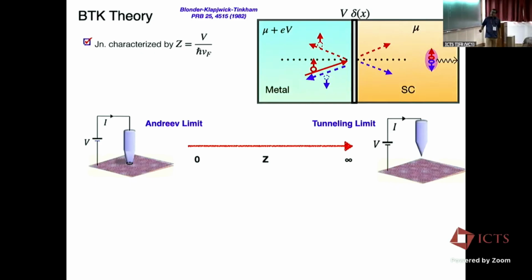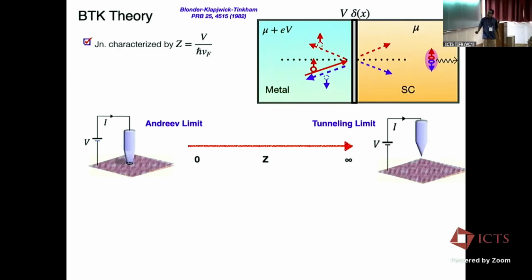Okay? And the idea in general is when you have an electron which is incident, it can get reflected. But because you have a superconductor on the other side, it can also get retroreflected as a hole with a down spin. And then you can have two quasiparticles propagate if you are above the gap, and if you are below the gap, you will form two quasiparticles locally, which will die down into essentially a Cooper pair, which will now propagate into this.